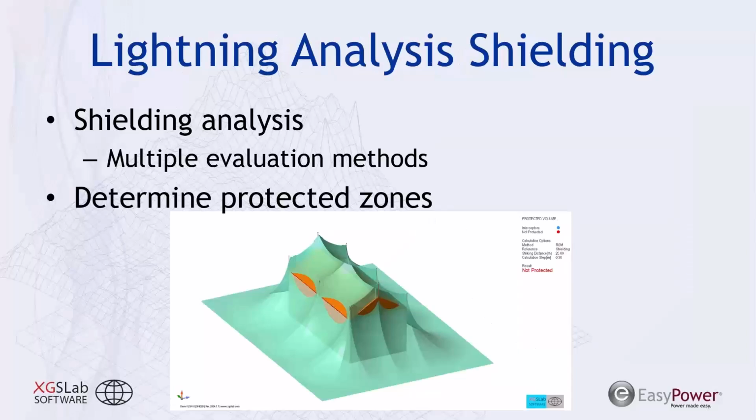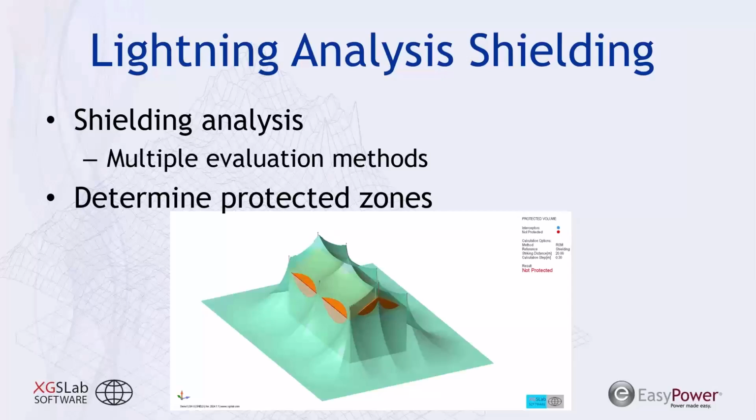Next, we'll talk about lightning shielding, and we're going to focus on this as the tail end of our webinar so we can really hone in on shielding methodologies. So shielding analysis is really to determine what areas are going to be struck in a lightning event and what areas may not be. And I will note that lightning is probabilistic in its nature. So we may have a lightning protection system that can provide 99% likelihood of coverage, but there's still a chance that we could have a bypass or some sort of